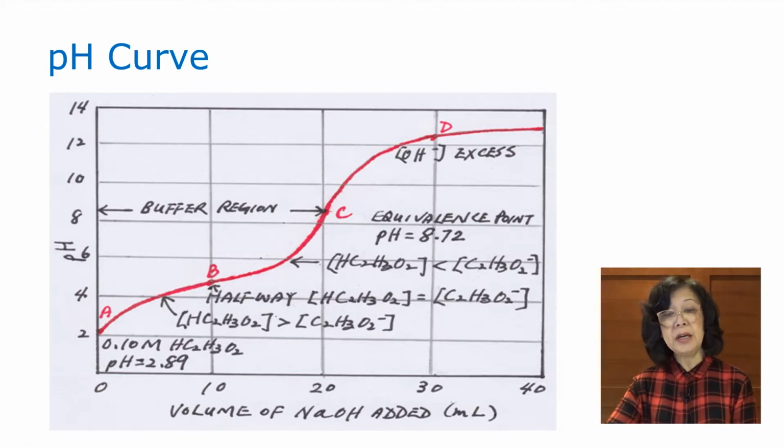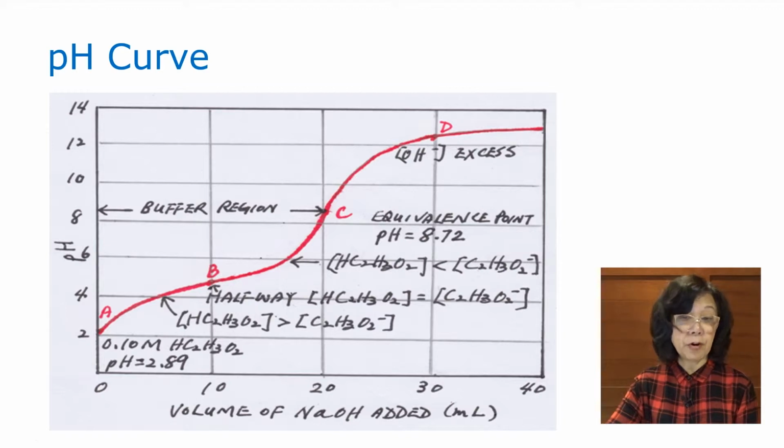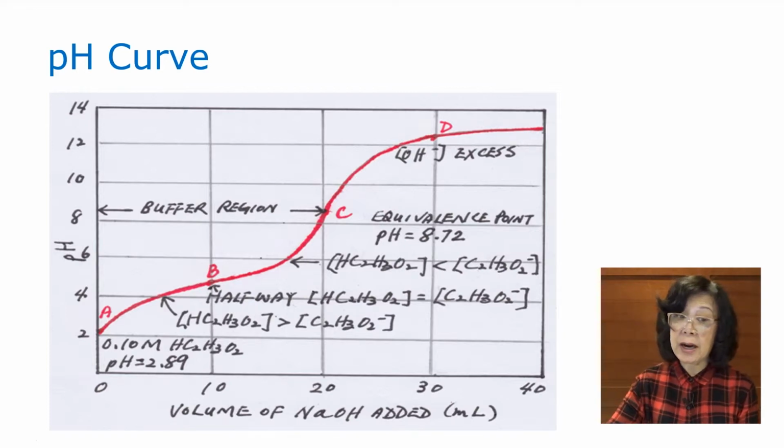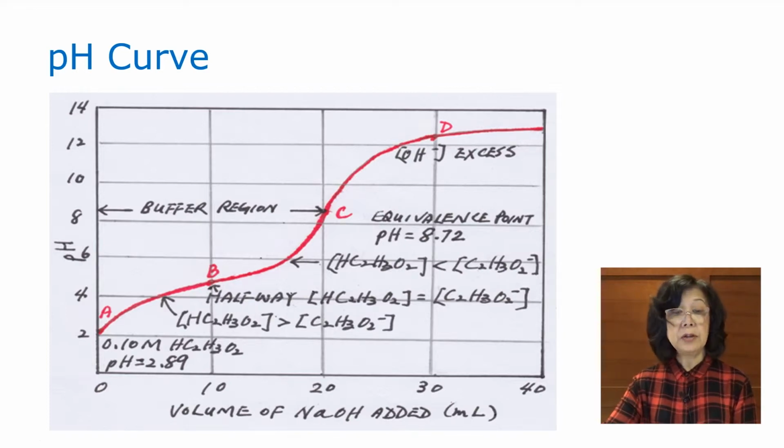At point C, the equivalence point, pH is dictated by the hydrolysis of the salt formed. And finally, at point D beyond the equivalence, pH is dictated by excess hydroxide ion in the solution. Notice that there's a shoulder, okay? From point A to C, that's the buffer region, resisting change in pH. And the change in pH at the equivalence point, the slope is not as steep as the strong acid, strong